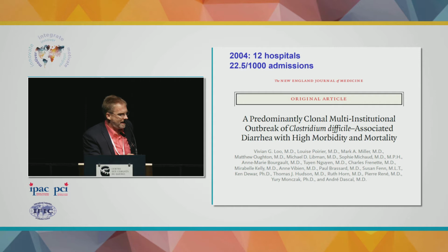And how did I really get interested from infection control into antibiotic stewardship? Well, most Canadians are now aware, certainly people in Quebec, of the major outbreak we had of C. diff published in mid-2000, where we were 12 hospitals in Quebec, and there was a major province-wide outbreak. About 2.2% of patients were acquiring C. diff in hospitals